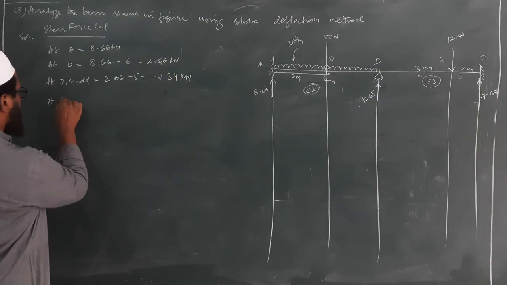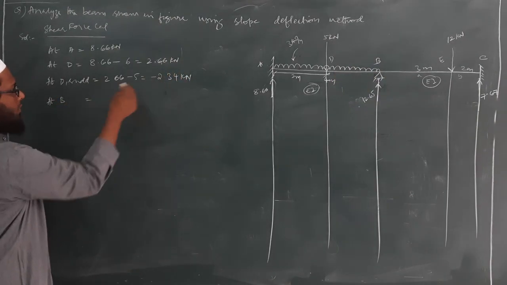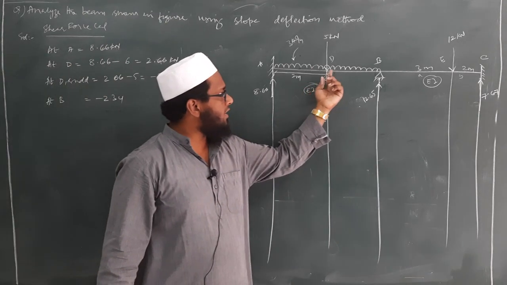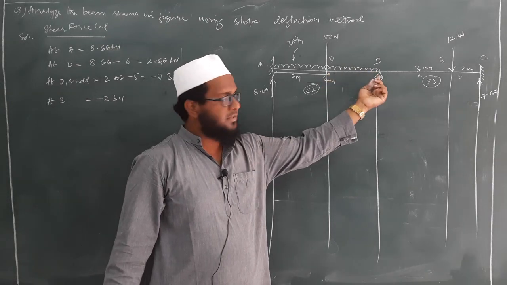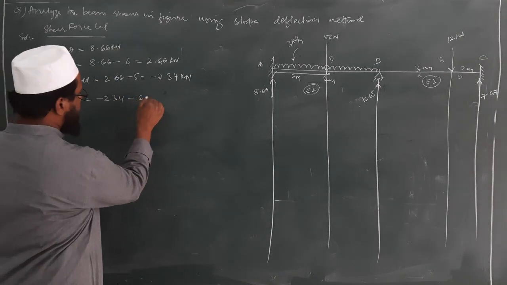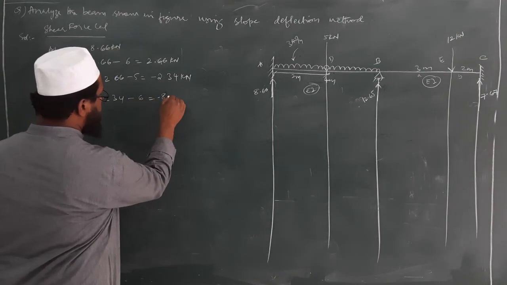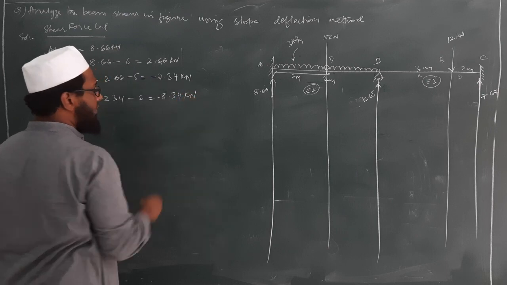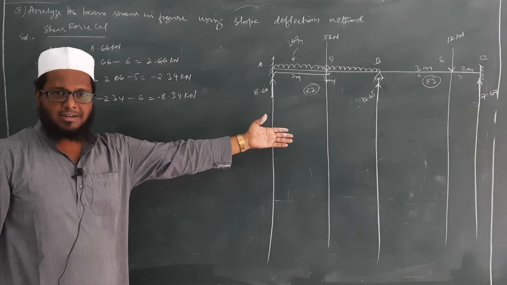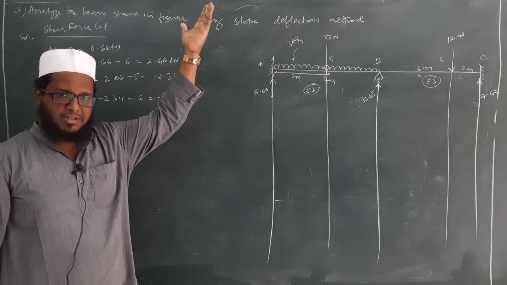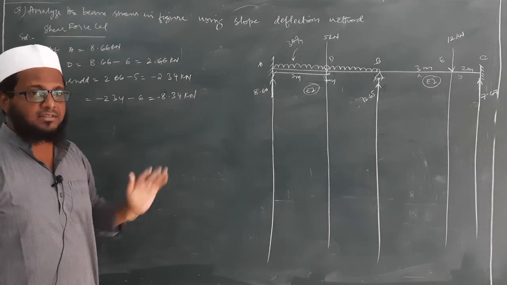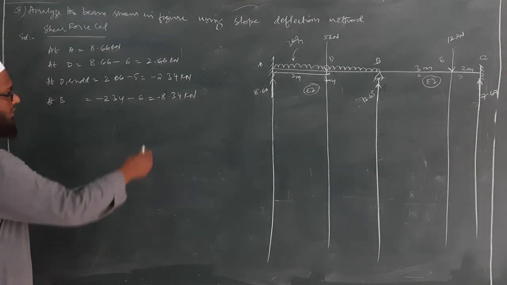Okay. Now the next point after D is point B. At B, what is the previous value? Minus 2.34. Now I am covering a distance of again 2 meters. So 3 into 2. It is going in downward direction. So minus 6. How much? Minus 8.34 kilonewton. It is like your bank balance, isn't it? As you credit, it will get positive or negative, whatever it may be. So all the previous values we have to consider in case of shear force.